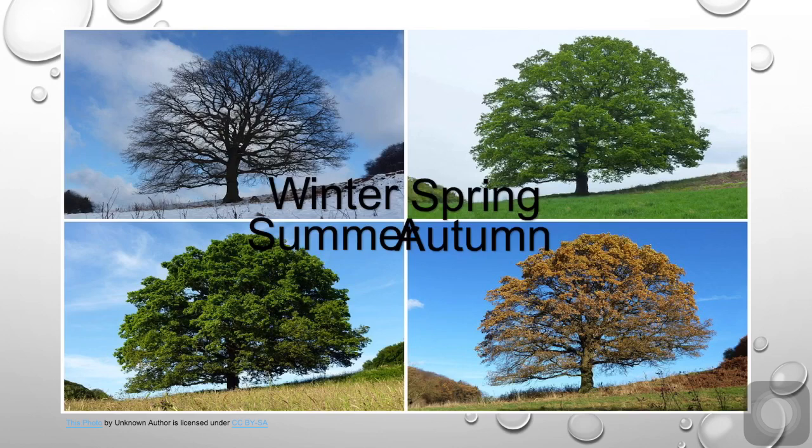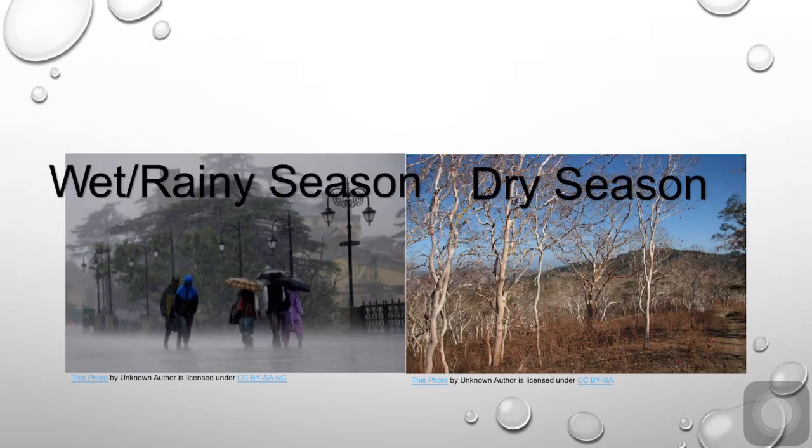Next, we're talking about the tropical climate. For the tropical climate, we have 2 seasons. There are wet seasons and dry seasons. Like in Indonesia, there are 2 seasons. In the wet season, lots of rain will come, and in the dry season, it's dry without much rain. But sometimes per month it will rain once or twice.